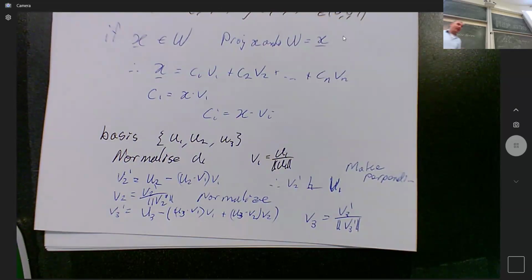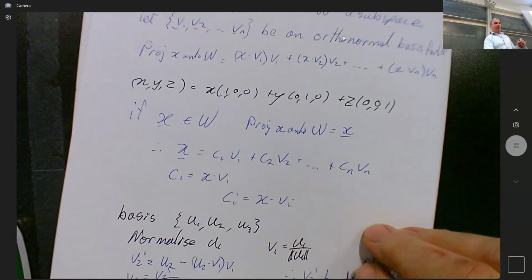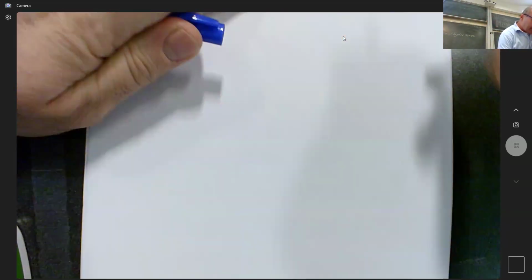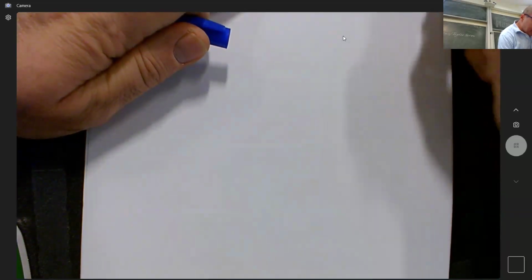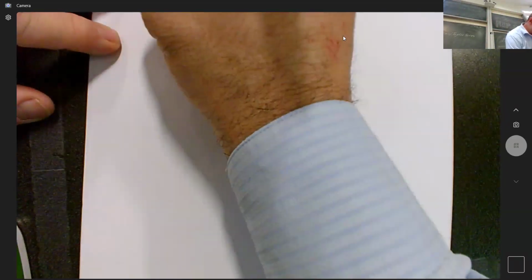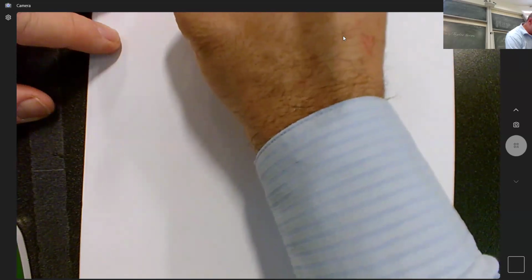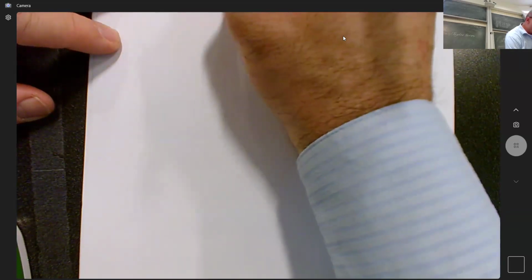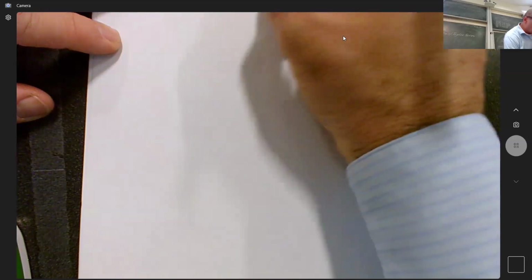Column and row space. Oh, this is actually a really good thing. Yes, good work. Well done. Where did I put mine? Okay. Okay. So